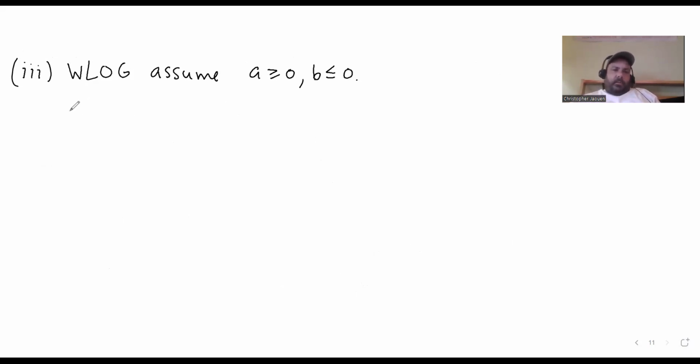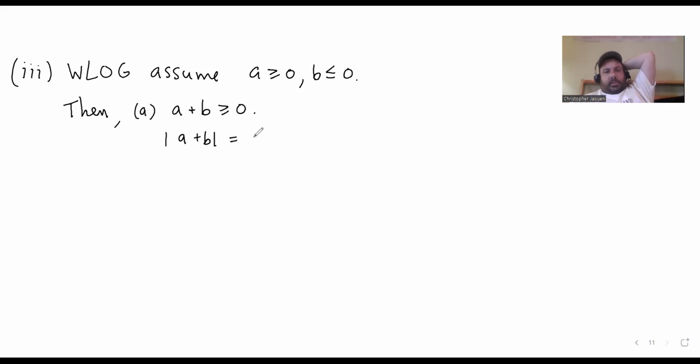Okay, then there's two things that can happen. So maybe I'll do these sub cases as well. Then either A happens, which is that A plus B is positive or 0. Okay, if that's the case, then if you look at the absolute value of A plus B, this is the same thing as A